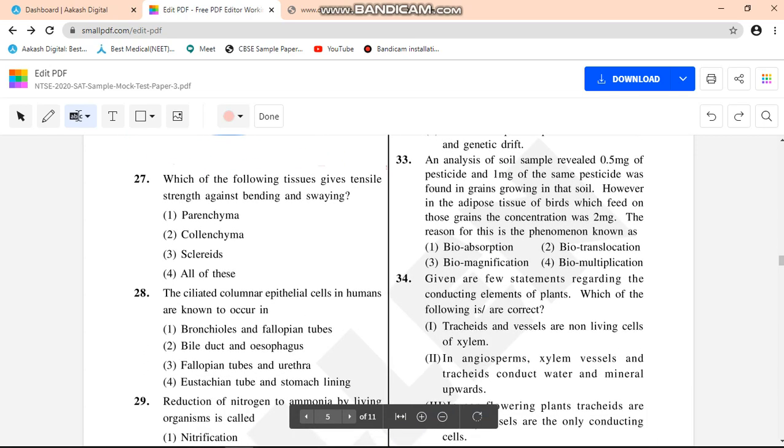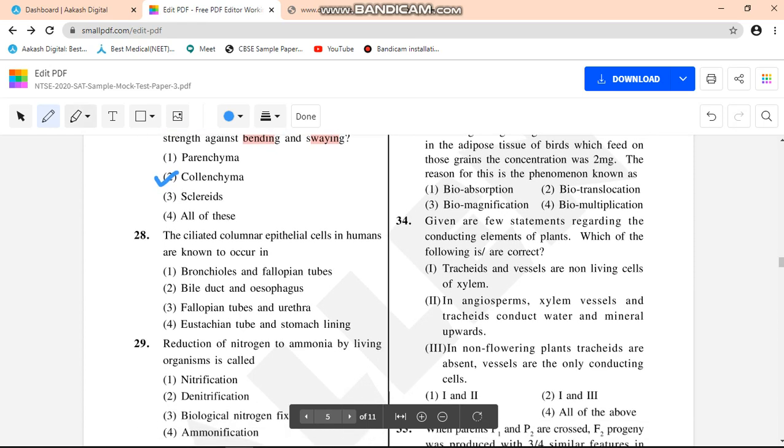Our first question is, which of the following tissues gives tensile strength against bending and swaying? Option first is parenchyma, option second is collenchyma, third is sclerites, and fourth is all of these. So friends, our option number second is correct, collenchyma, because it is made up of dead tissues which provides mechanical